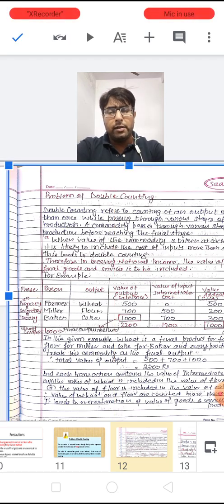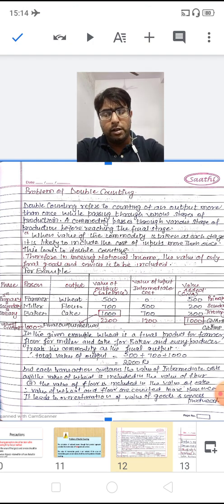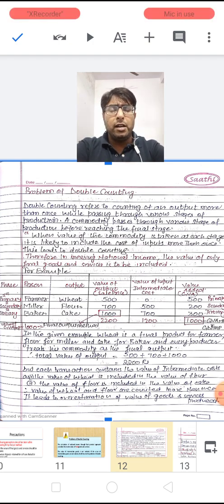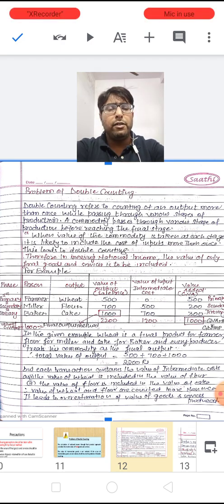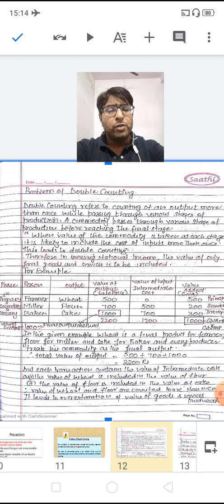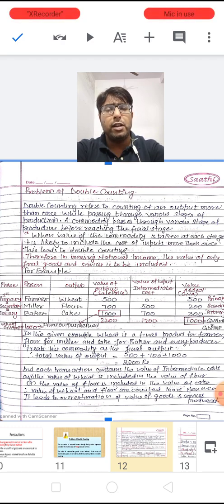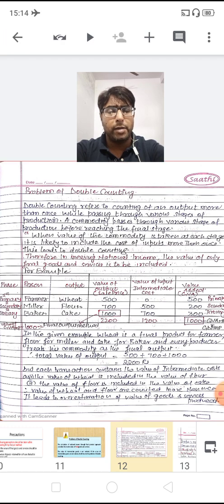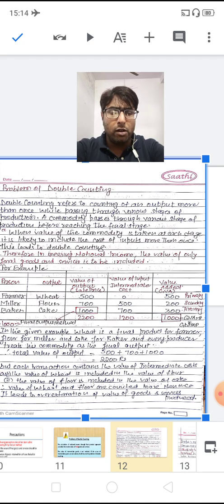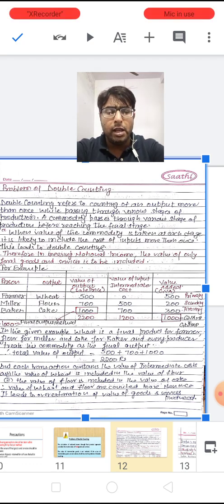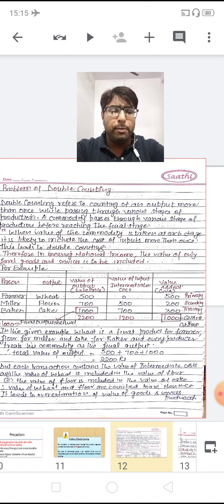Now here one thing is very important to understand. When we add all the value added by all the three different sectors, or by primary, secondary and tertiary sector, when we summarize the value added, that is 500, 200 and 300, we will get the value of 1000 rupees. So this 1000 rupees itself is the gross value added at market price. We can call it GVAMP. What do we call it? We call it GVAMP, and it is known as GDP-MP also.